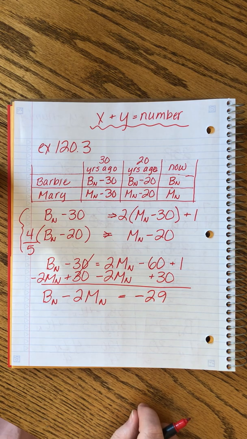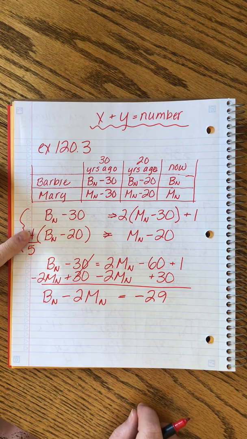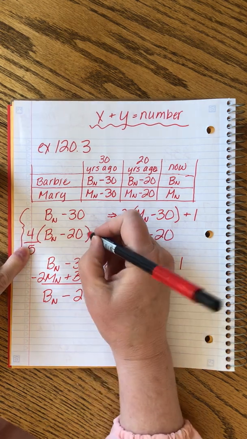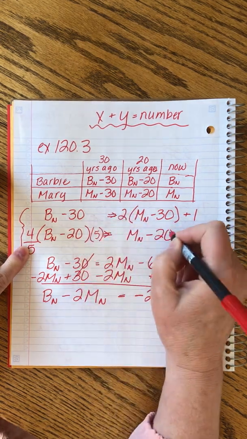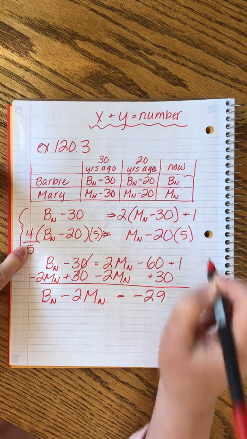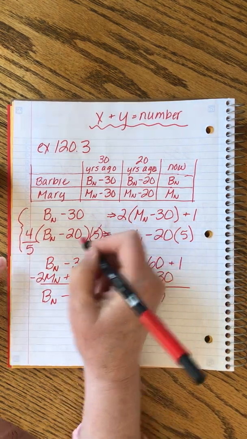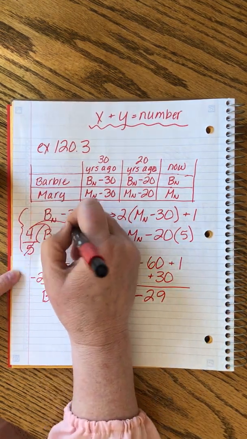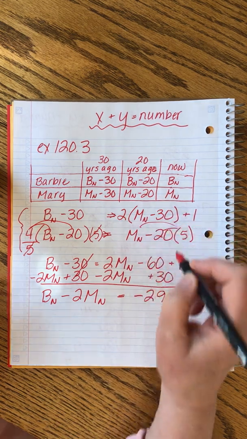Beautiful. Kind of crazy, right? And now let's clean up this second one. Here we're multiplying by a fraction, so we're going to want to multiply both sides by the denominator. This cancels, and then we have to distribute, and we get